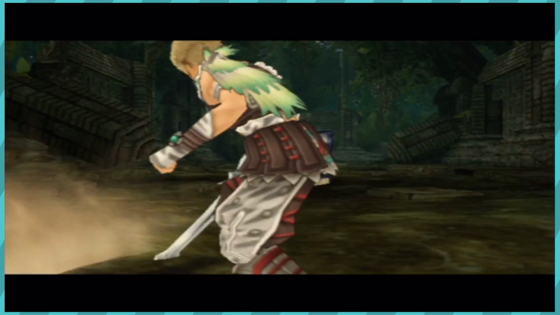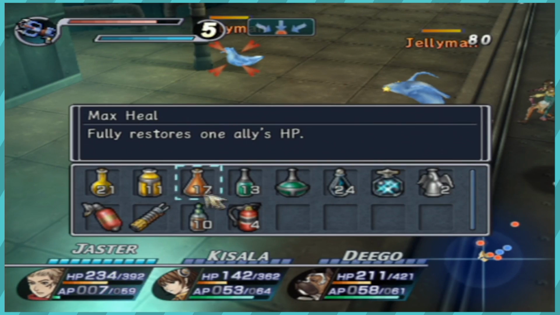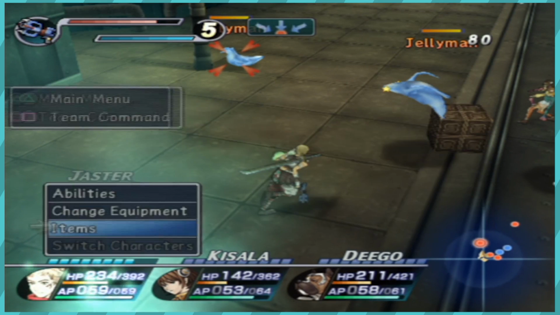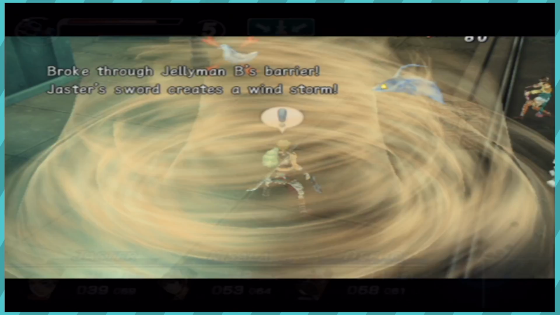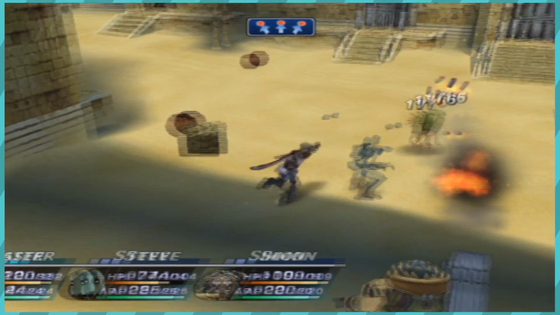possible. Aha! Take this sand in your eyes. And you take sand in your eyes. You all get sand. Oh wait, let me take a stamina potion. There we go, sand! While the combat can become a bit repetitive in the constant standard encounters, it really gets